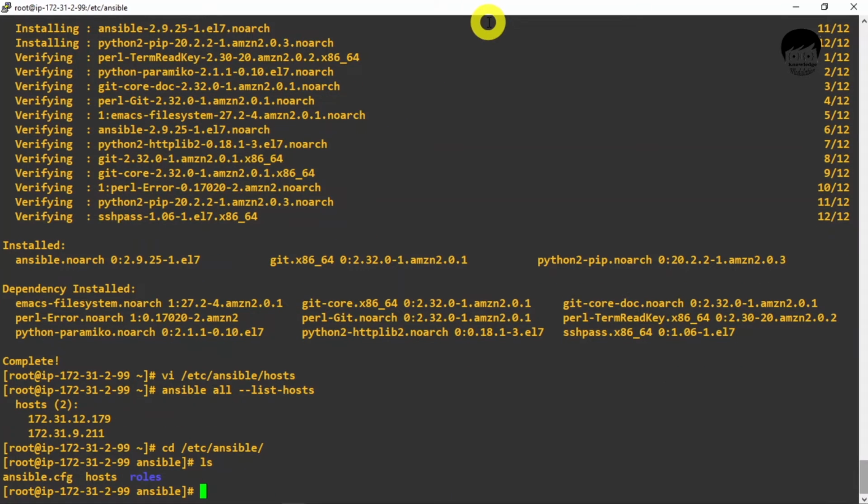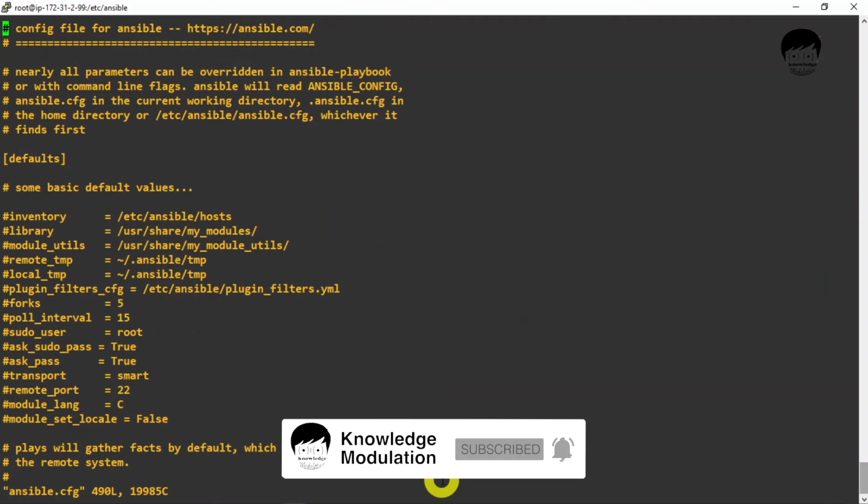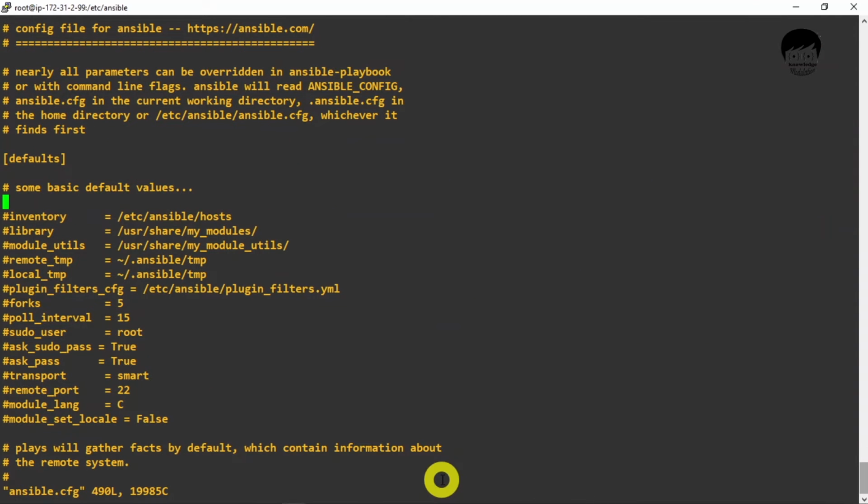You can see here that we have just edited this hosts file, and now we'll make some changes in the ansible.cfg file. CFG is for configuration file. So vi ansible.cfg. Okay, we are here.